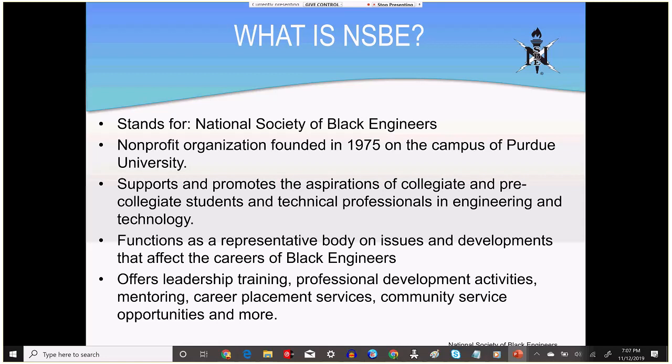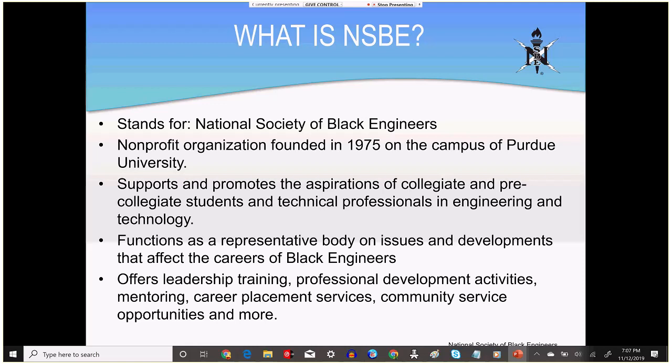So they decided to found this organization to help everybody out, have everybody become more familiar with each other, so that we can lift each other up. And it has gone on to this day to become a very large organization.